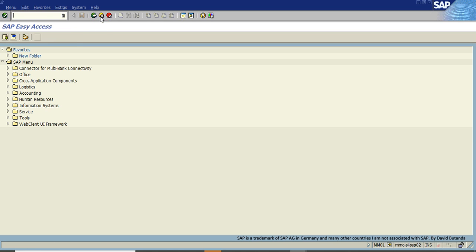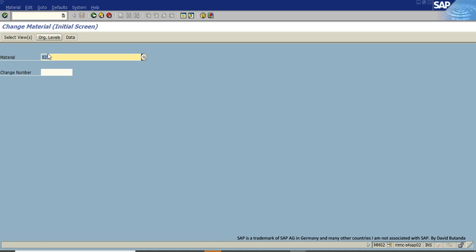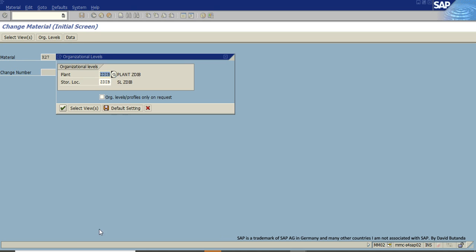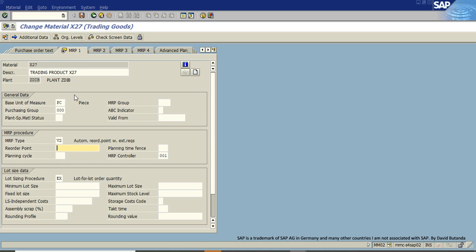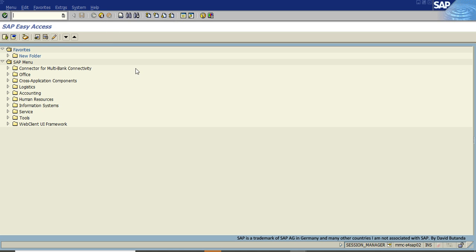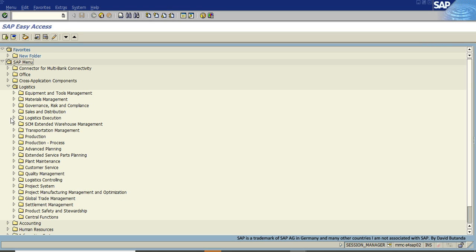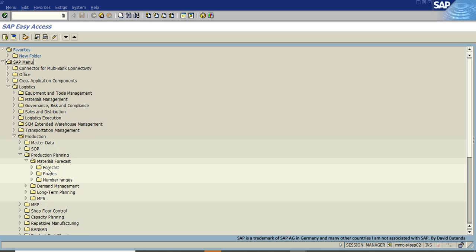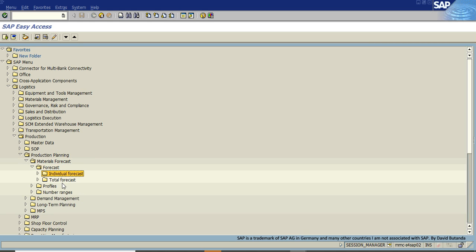And now, if I go back to the material master, MM02, the change material master, for this just created material X27, under the MRP1 view, where we maintain the MRP type, with this plant and this storage location, press continue. The reorder point is not entered yet. So in order to calculate the reorder point, we need to execute this transaction. We go to Logistics, then Production, then Production Planning, Materials Forecast, and we have this forecast, individual forecast,